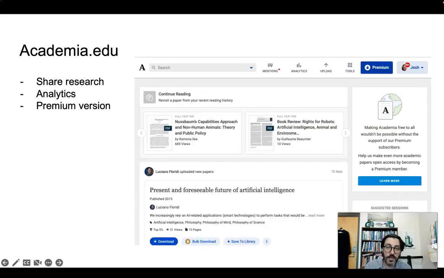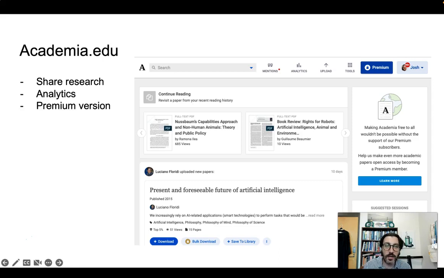Another one that I've also used is academia.edu, which in some ways is very similar to ResearchGate, but also has slightly different bells and whistles. So just like ResearchGate, it allows you to share your research, but it provides some advanced analytics in terms of looking at which institutions or people from which institutions have looked at your scholarship, which kinds of works are they looking at, and so on. You can pay additional money to purchase a premium version of this, which allows you to drill down into even more specific analytics. That's a choice that you'll have to make and whether you find that useful, but it is an option that academia.edu provides.